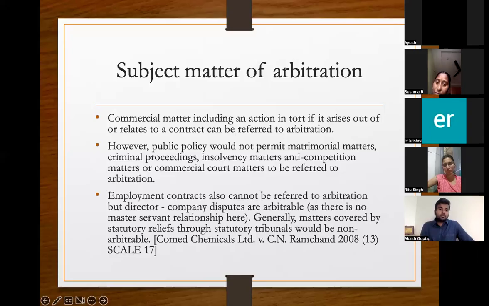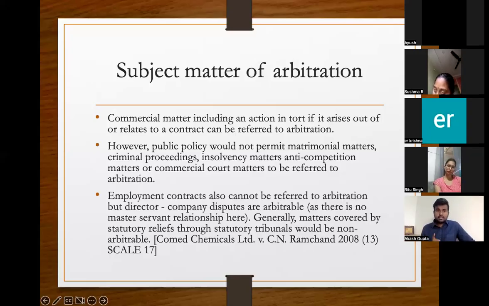You have a right against the whole world. For example, you have a property. Nobody should disturb your property. You have a right against the whole world, right? So this is something which is not suitable for arbitration. Rights in personam: for example, you have a contract. Hussain has a contract with Unnati. So who has the right to sue Hussain? It's only Unnati. I can't sue Hussain just because I think that Hussain has done something, because it comes from a contractual dispute. So not all the disputes are suitable for arbitration.